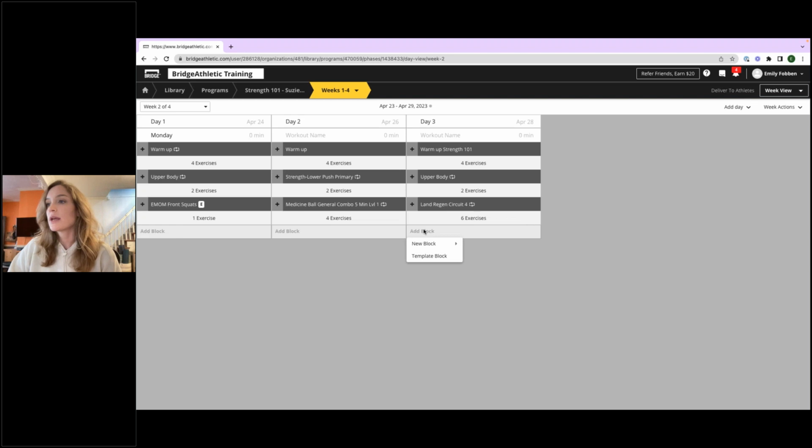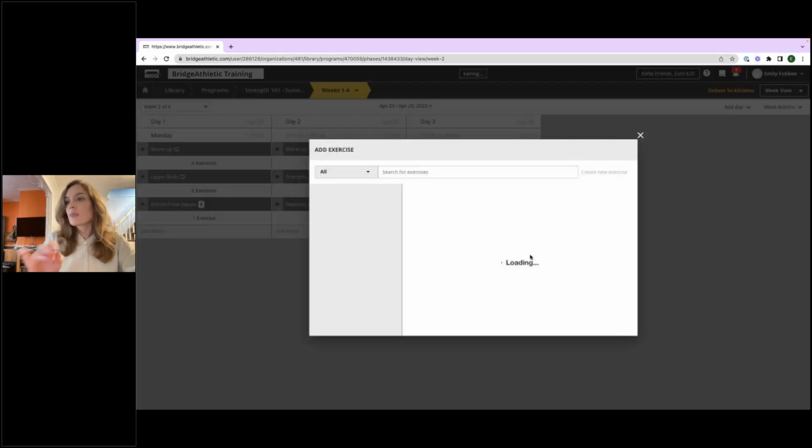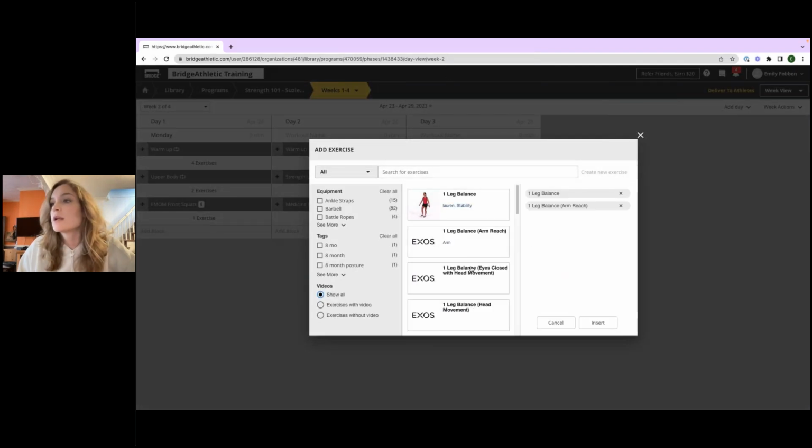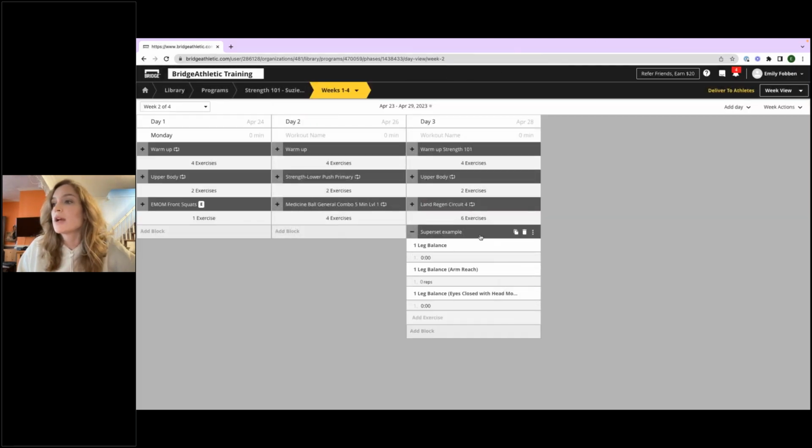First, if you click add block, you'll have the new block option, and it will say new block or superset block. If you select superset block, it'll bring you here, you'll put in your exercises, and whatever exercises you choose, it will superset them. Whether that's 2 exercises or 5 exercises, that option will link them